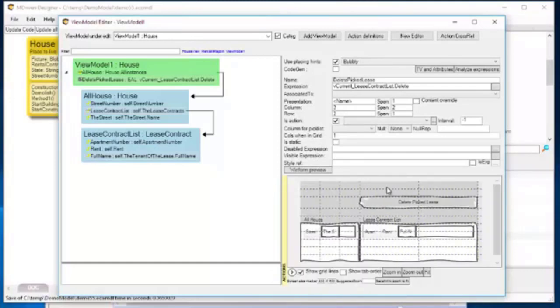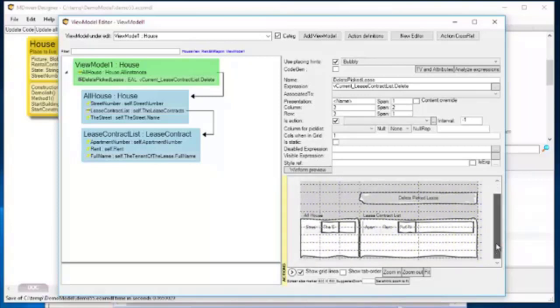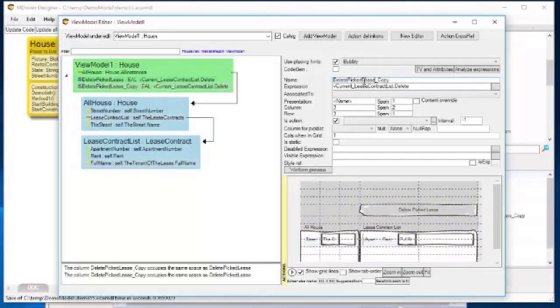Everything is moved down one step for me, so that's a convenient way to get more space, so I don't have to move everything by hand. But I'm gonna copy this action, Control C, Control V,